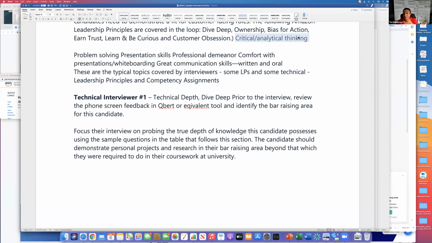They respect that you're going to take the time to research to even give them the right answer versus just trying to give them an answer because you feel that that's what's needed or what's required. Okay. Problem solving and presentation skills, those are huge. As you see here, we're presenting even in having this workshop, and especially in this virtual world, everything seems to be a presentation. Even intro calls now, everything is a presentation. So being comfortable with tools, being comfortable with yourself, being comfortable with communicating verbally, as well as written,